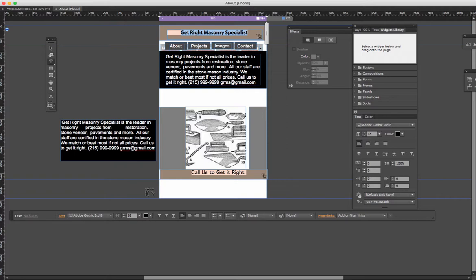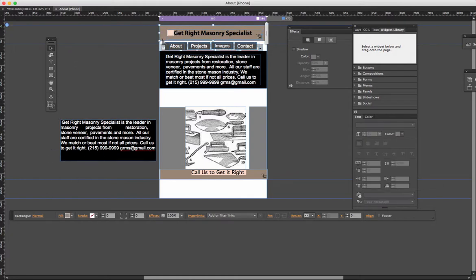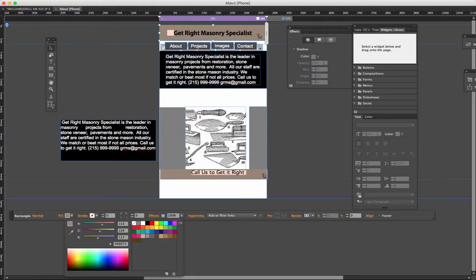Like something more masculine, something that looks like a masonry kind of font. So you need to represent what your company is. All right, now I personally think this would probably be better. The background should be a little darker, maybe. I'm going to make the background darker,